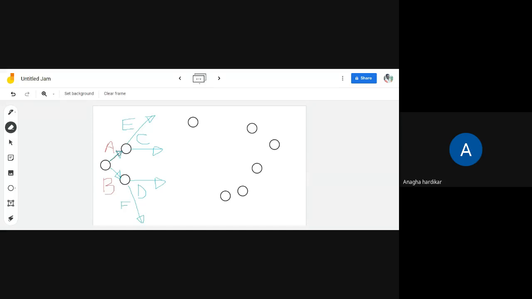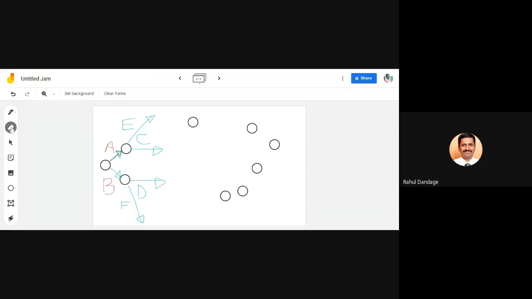C and D. Where are C and D? C is here, D is here. Correct? If activity G depends on C and D, it means C and D should terminate at a single event. Do you feel like this? Yes. C and D should terminate at a single event, then only G can start. But now here it is at a different location, here it is at a different location.